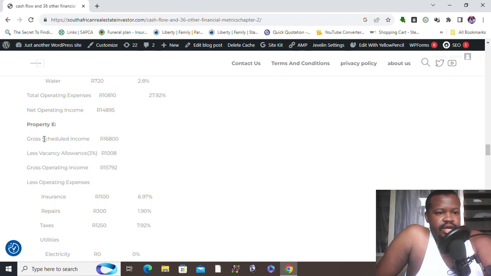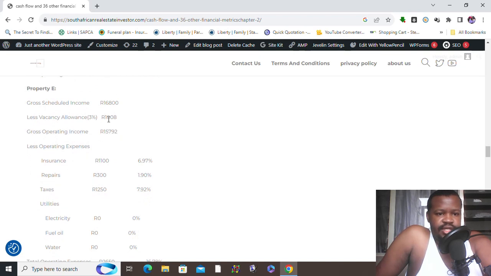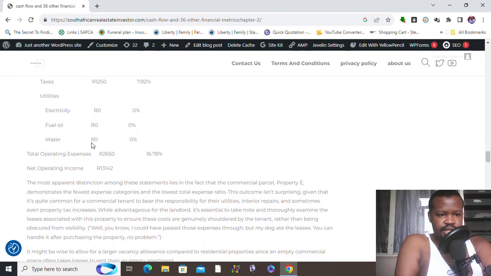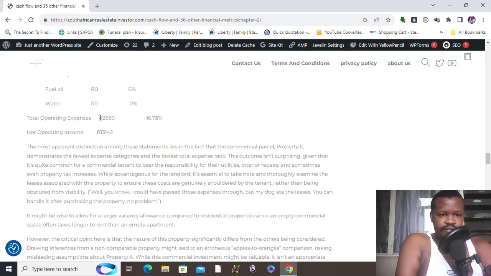Now property E. Gross schedule income of 16,800 rand, less vacancy allowance of 1,008, equals the gross operating income of 15,792, less operating expenses, where insurance is 1,100, which is 6.9%, repairs of 300, 1.9%, taxes of 1,250, which is 7.92%, utilities of 0, electricity 0, fuel oil 0, water 0, with total operating expenses of 2,650, which is 16.78%, with a total net operating income of